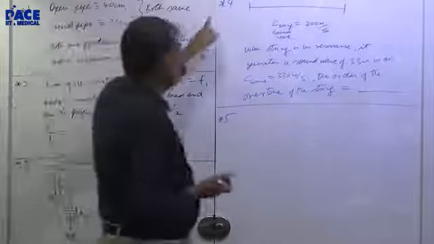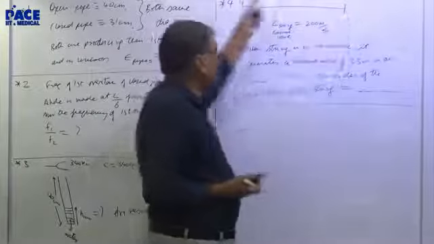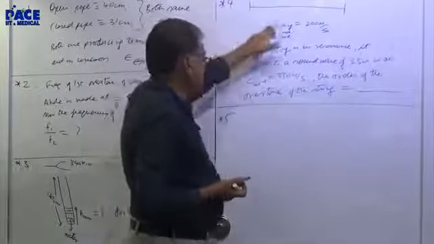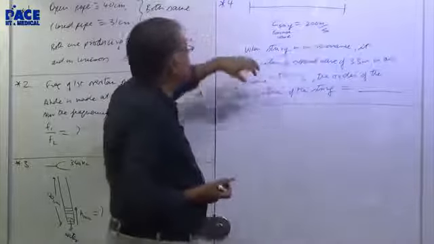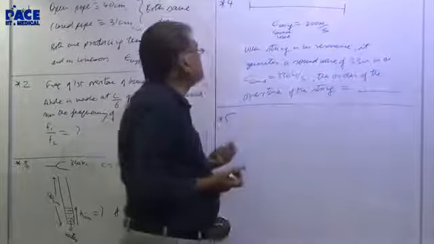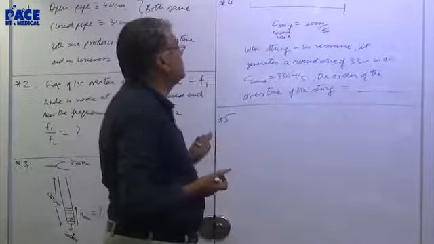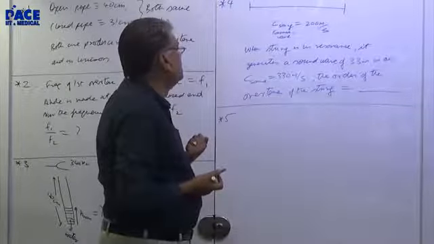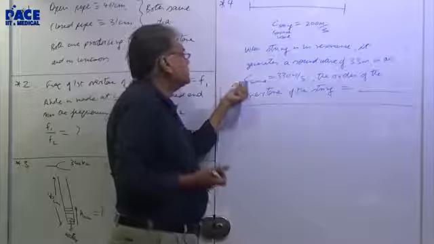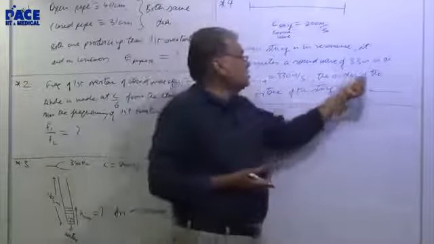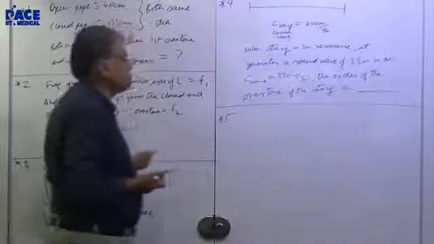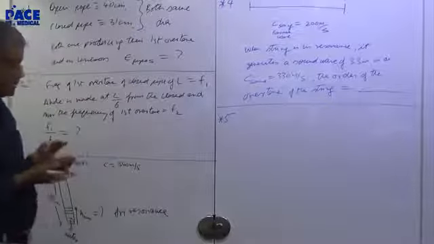The fourth question: there is a 33-meter string tied at both ends. The speed of the transverse wave on the string is 200 meters per second. When the string is in resonance, it generates a sound wave of 3.3 meters in air. The speed of sound in air is 330 meters per second. What is the order of the overtone of the string?